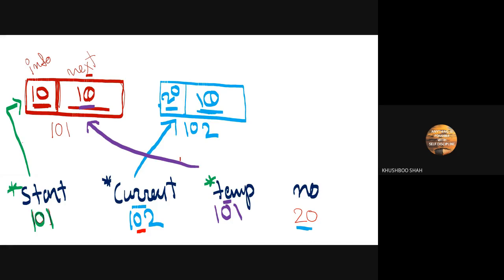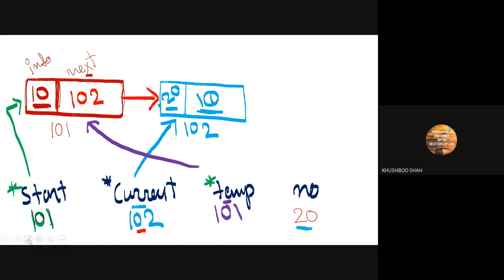Into temp's next, which means this location. So at the moment we assign this 102 over here, this location will point to this node.